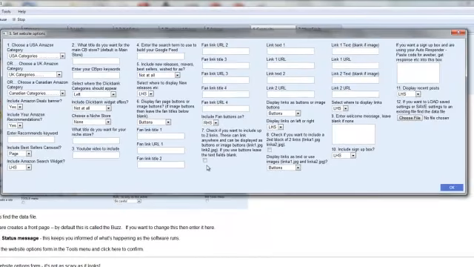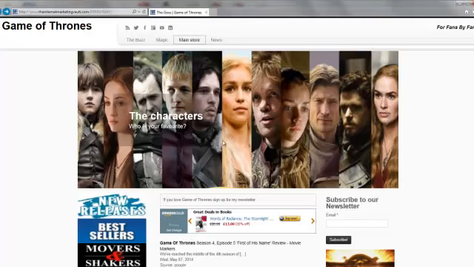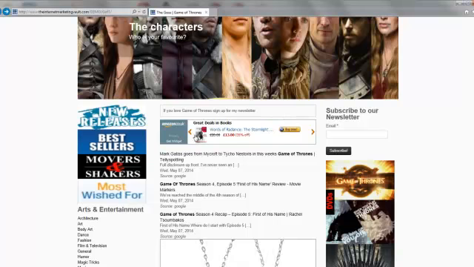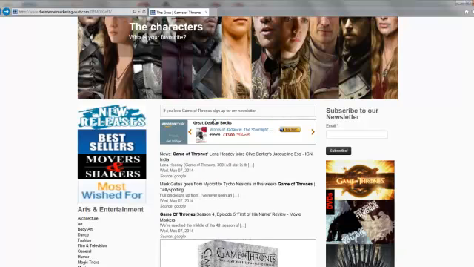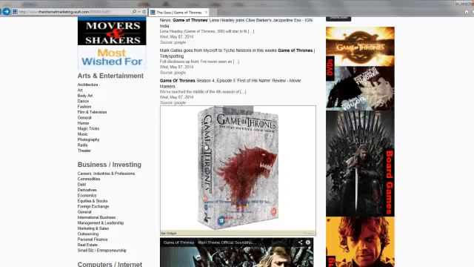There is the massive screen full of options that you have. I'm going to take you through it quite briefly and then show you how it matches up on an actual website. So, column 1, this is all Amazon. If you want Amazon buttons, Amazon displays, things like that, this is the column to use. And here on the Game of Thrones, that's an Amazon banner display. This is an Amazon